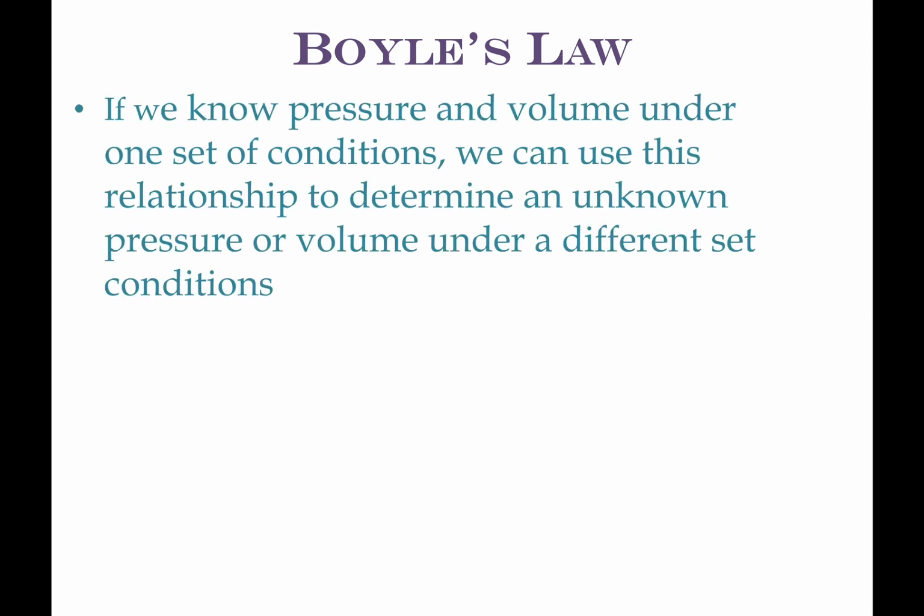If we know the pressure and the volume under one set of conditions, you saw me write P1 V1 is equal to a constant. If you looked on the slide from the book, it said PV is equal to a constant. Well, I wrote P1 V1 because if I know the pressure and the volume under one set of conditions, the volume and pressure under a second set of conditions must equal that same constant. So if I know one set of conditions, I can figure out what one of the missing variables is under a second set of conditions. So P1 V1 is equal to P2 V2. That's Boyle's law.